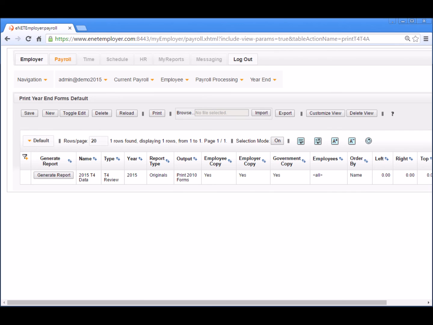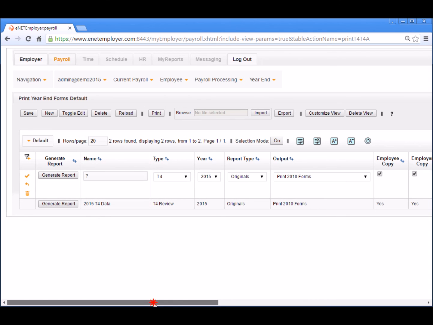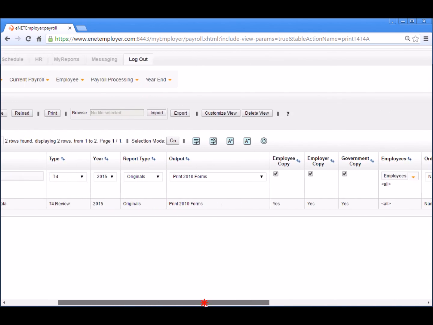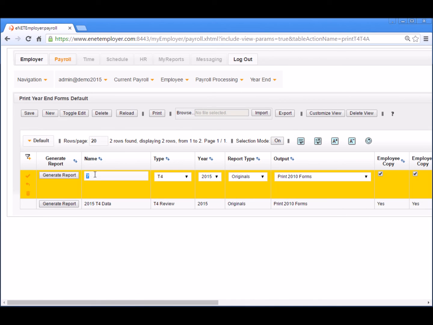Once we've reviewed the T4s and are satisfied with the data, we can print the forms for our employees. Select the New button once again to insert another report row into the table, and then ensure that the T4 option is selected in the Type cell. As with the previous report, we can move through each of the various cells to define the report settings as needed. In our example, we'll enter Employee Copy Only as the name,